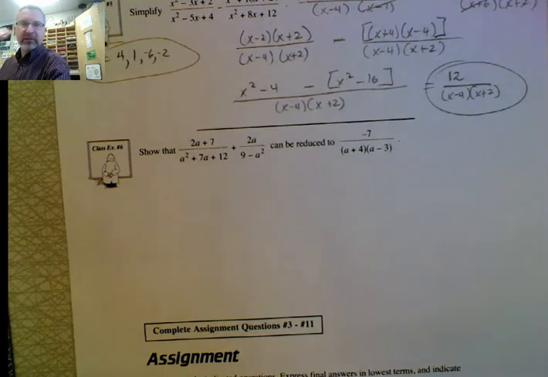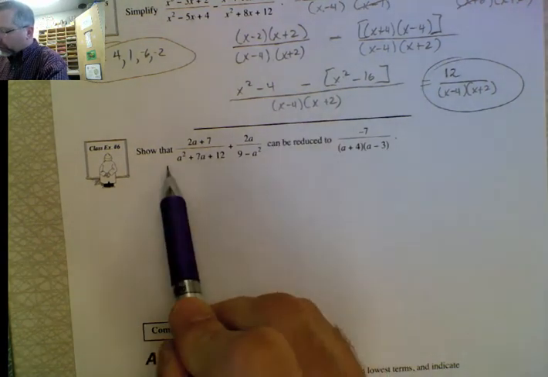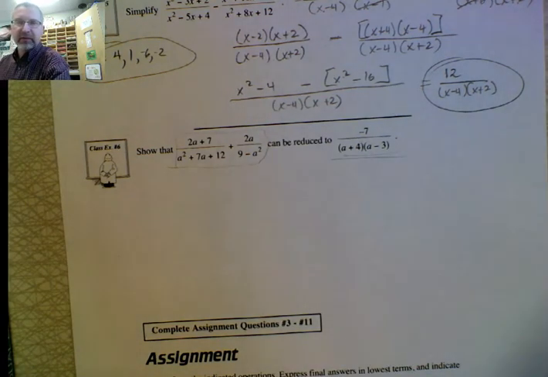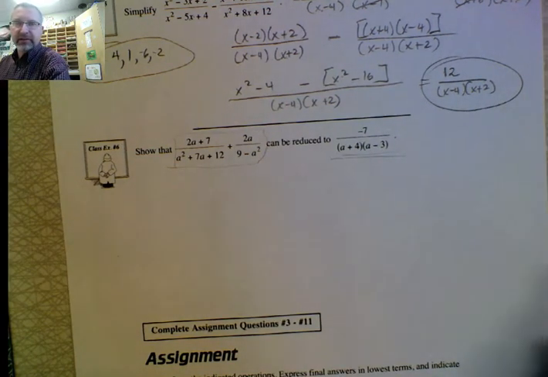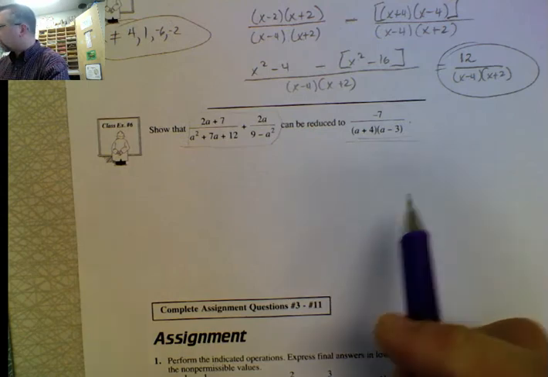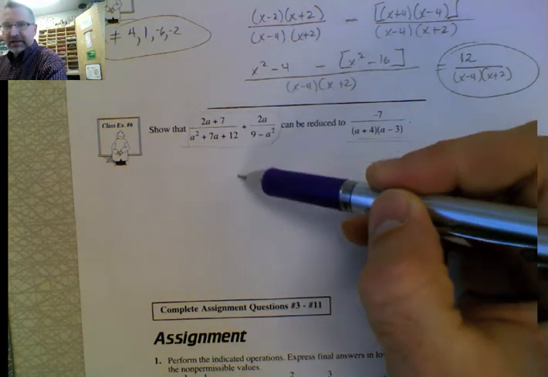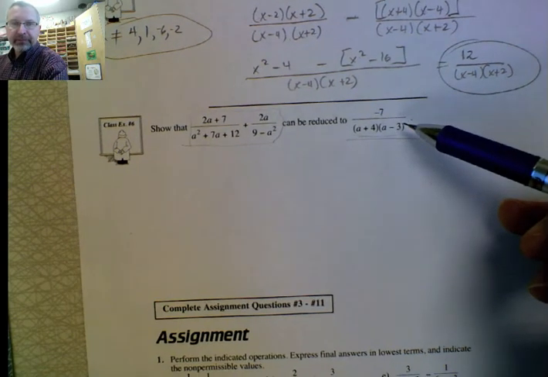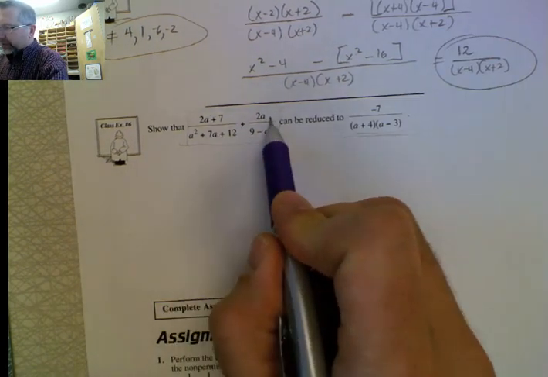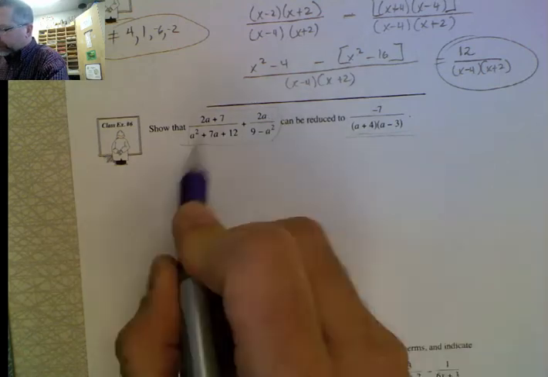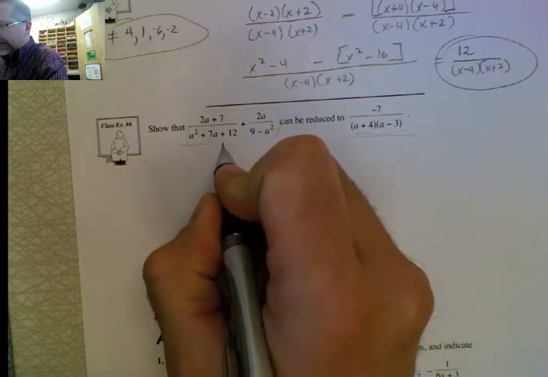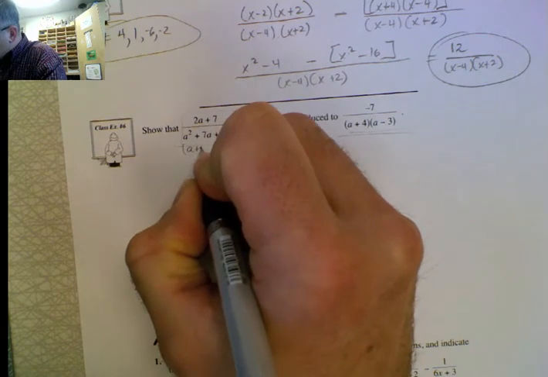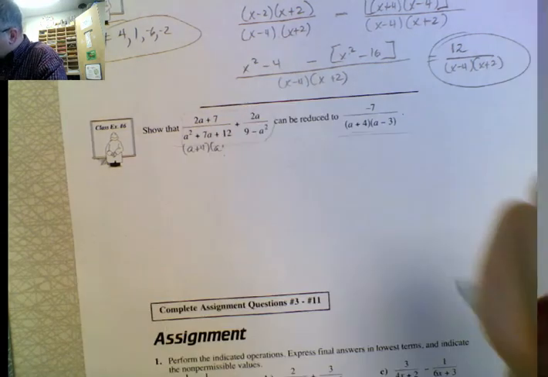Now, the last question says, show that this addition actually has negative 7 over (a plus 4)(a minus 3) as an answer. So basically what they're asking us to do is simplify this and get this as a solution. So if we look at our numerators, there's nothing we can do to factor them, but if we look at our denominators, yes, we can factor them. We have a plus 4 and a plus 3